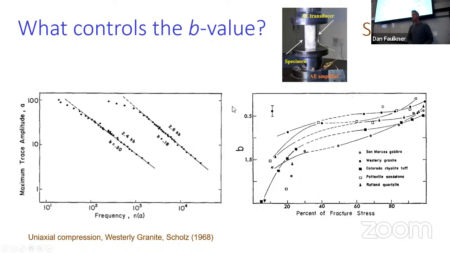And honestly, since the late 60s, that's been the prevailing view on what controls B values. People just think it's an indicator of the amount of stress that you've got on a fault. And interestingly, these experiments weren't even done on a fault in the lab. They're done on intact pieces of rock. So we need to get a better understanding, I think, of what controls B value, if it is this important parameter which might help us predict big events when we inject fluids into the subsurface.